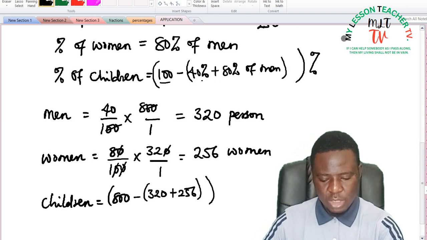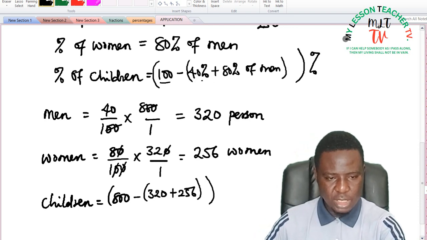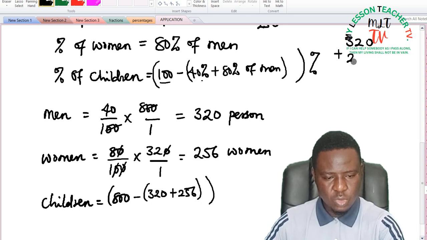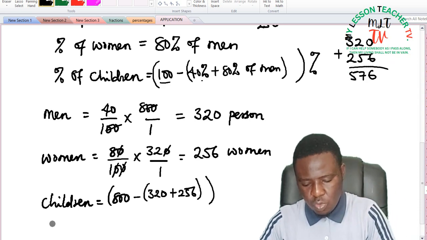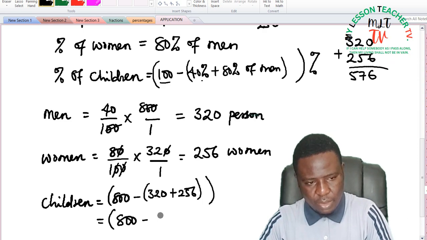So if we are to calculate the total number of adults in that rally, we have 320 plus 256. This becomes 576. So number of children are said to be 800 minus